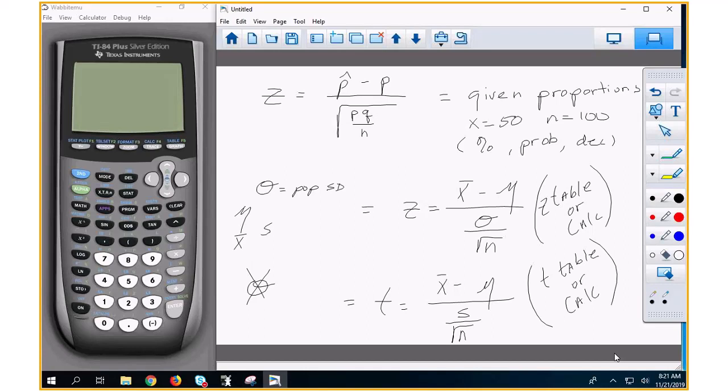Okay, so there's the formulas we're going to be using. I might add another one. I don't know if I'm going to add another one or not, but right now, those are the formulas. Everybody with me? So there's one, and that's used when you're just given proportions. Now, they could give you proportions and they say you can find the p-value. We're going to go over some questions like that. And then they give you this. And that's where that test comes into effect.